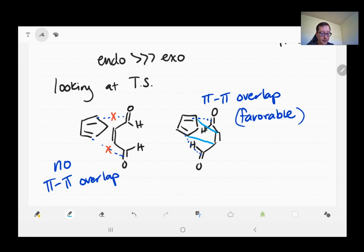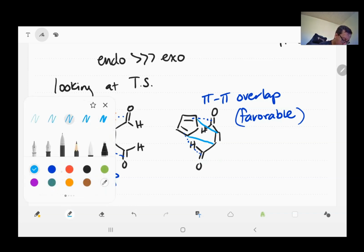And if we are going to do that, we're going to end up having our carbonyls here. They're aldehydes. Those are going to be underneath the molecule, which ends up, if you redraw things, we see that we have...